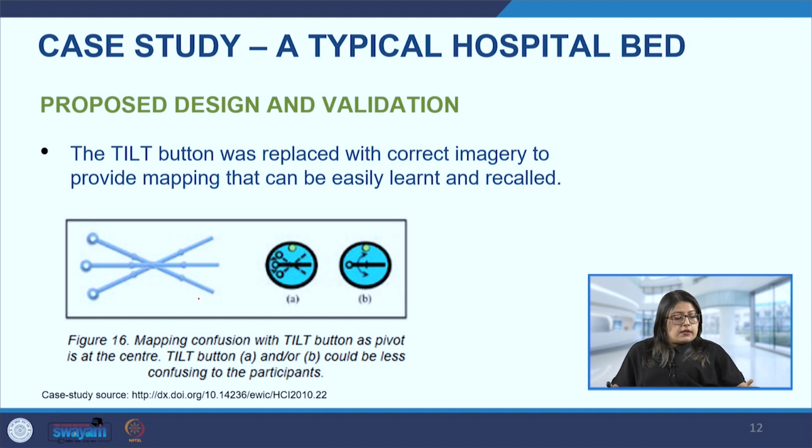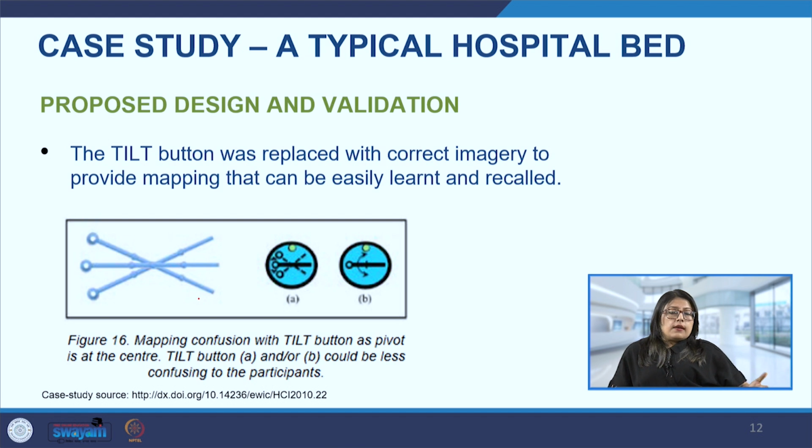So here we can see that in A and B, these are the two options wherein A stands for and or, because the tilt is, we can see it's going up and also going in a downward direction as well. And in B we can see that with the help of the arrow, that arrow also indicates to us that it can tilt both ways. This can tilt upwards and backwards, downwards also.